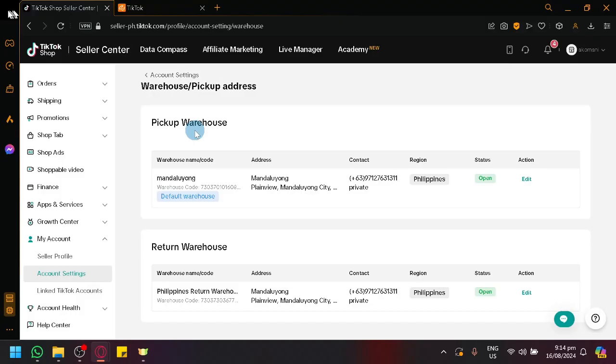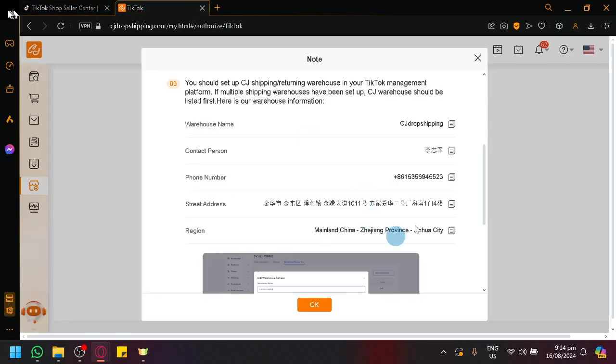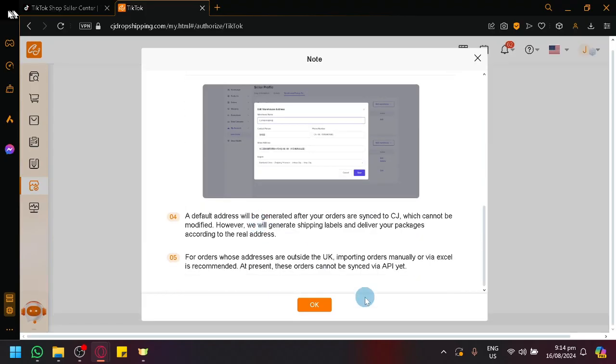Pickup means this is where they will be getting the product from. You can simply click on edit and then modify the necessary information that is displayed over here. We have your warehouse name, contact person, phone number, street address, and region. After completing those, simply click on OK, and we will be able to proceed to the next step, which will